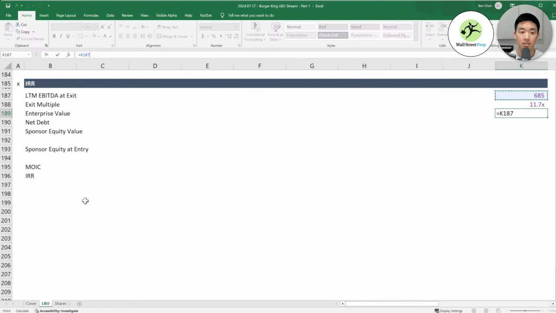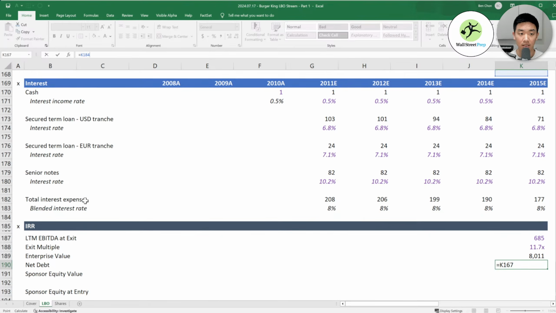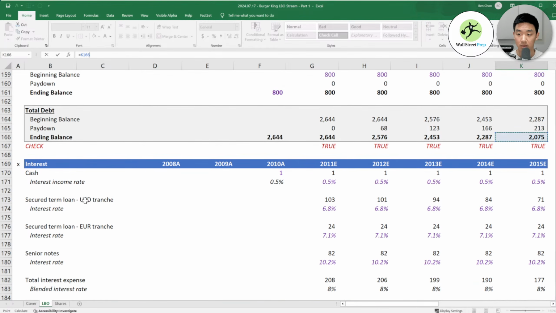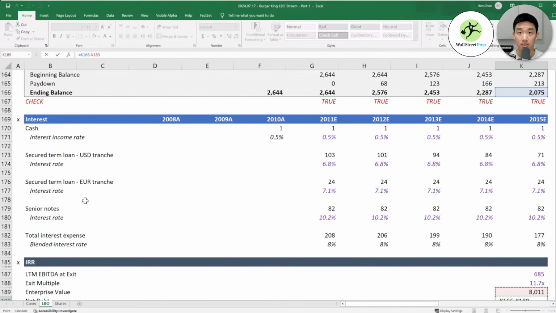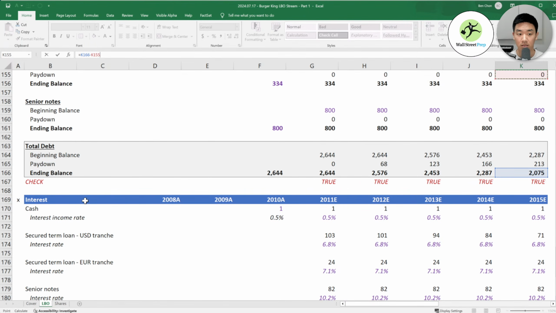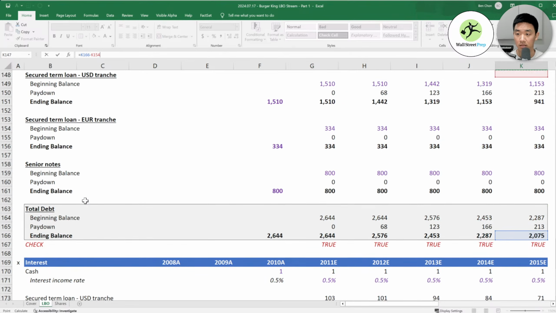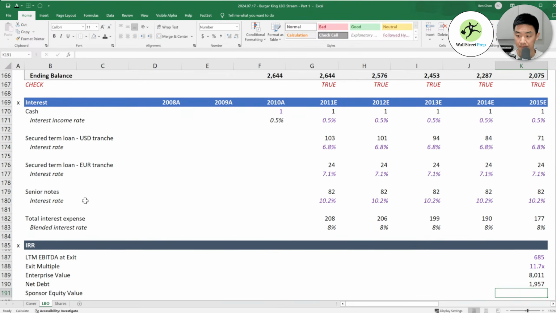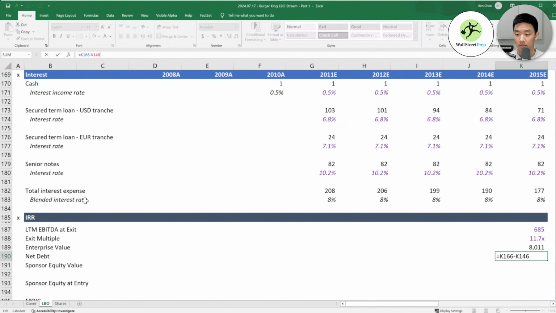Enterprise value is your LTM EBITDA at exit times your exit multiple. Net debt is your total debt ending balance minus your cash. And with the minimum cash balance, you can argue maybe you don't take the cash out, but whatever.